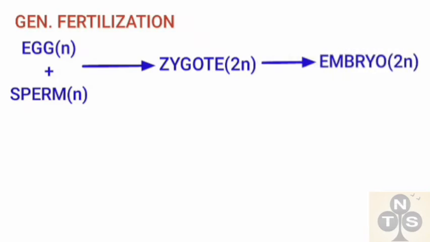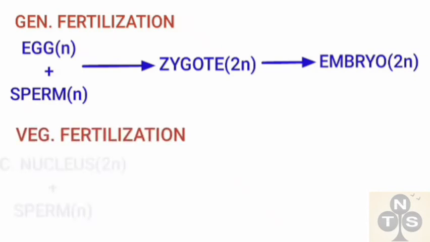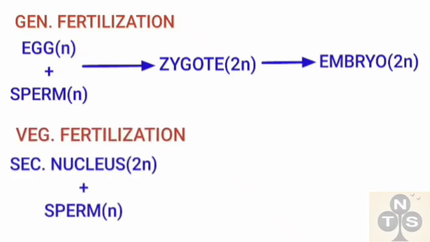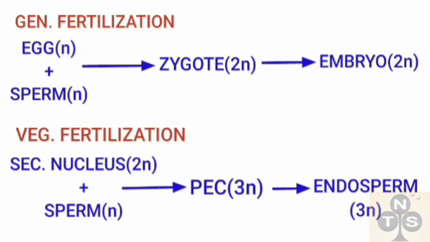In generative fertilization, the haploid egg and sperm fuse to form a diploid zygote, which through different stages like globular stage, heart and torpedo stage ultimately forms the embryo. On the other hand, another sperm fuses with the diploid secondary nucleus to produce the triploid primary endosperm cell, which ultimately forms different types of endosperm like free nuclear, helobial and cellular type. Free nuclear endosperm is found in coconut. After fertilization, the ovule and ovary get converted into seed and fruit